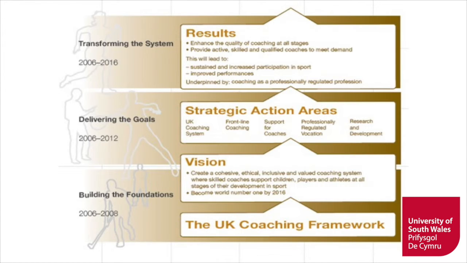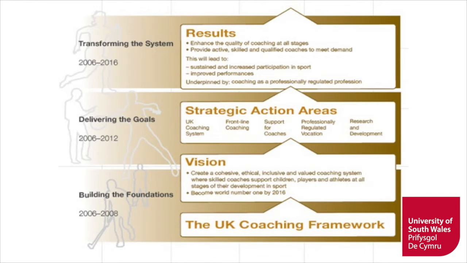Let's take a look at the slide on the screen. We can see that's a 10-year plan starting in 2006. So this really outlines the UK coaching framework there. If we start from the bottom and build up, we can see the vision there was to create a cohesive, ethical, inclusive and valued coaching system where skilled coaches support children, players and athletes at all stages of their development